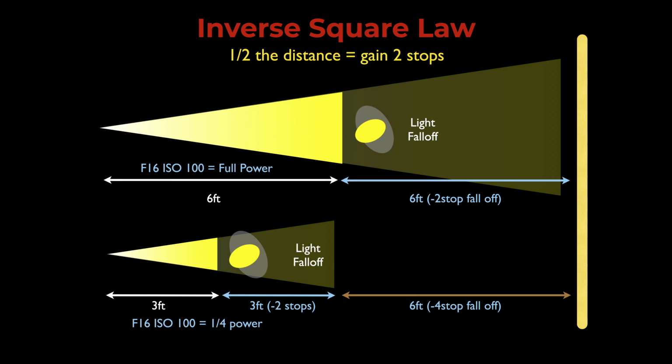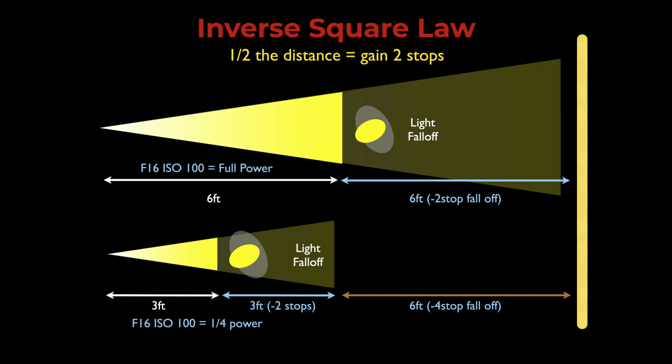And so now you can understand why flash is so difficult, because maybe some of you tried using a flash and diffusing it and putting it 6 feet away, and you're in a sunny environment. You simply just don't have enough power, and you didn't realize that. So that's why it's really important to understand the strength of your flash and its limitations before you start using it.